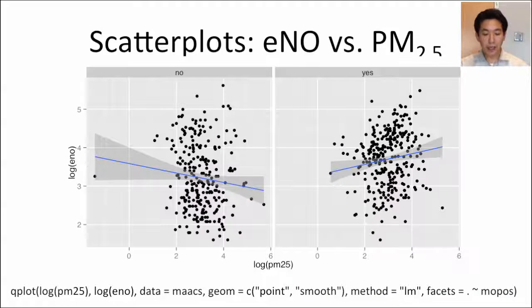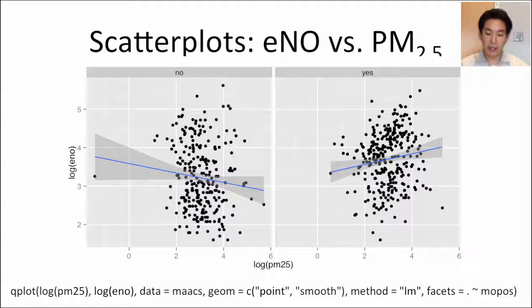So another way to look at the same data is to split it out with facets. So rather than overlapping the two groups and then color coding them separately, I can just split them out into two plots using the facets argument. So here I specify the facets argument, and I say I want two columns designated by the mouse positive variable. So no and yes. So this one will be two columns,